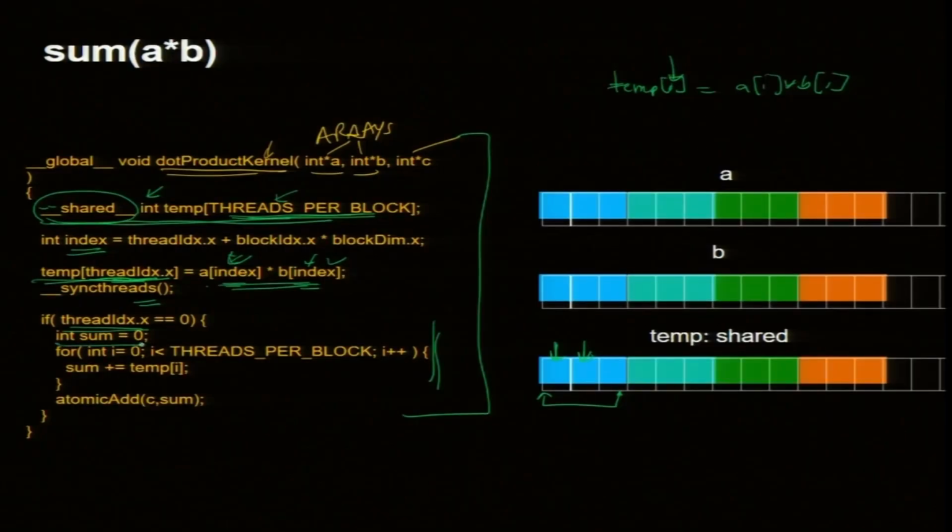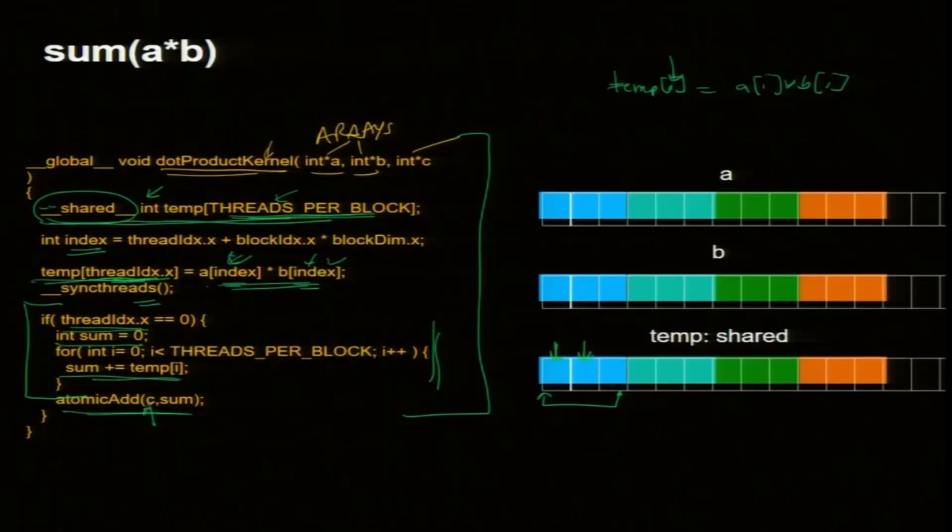So, what will they do? Sum equal to 0 is a temp variable, then I am going to go over all the elements of temp and sum them up. But the work is not done here, this sum is a local sum. Now, it has to be added to get a global sum. So, atomic add C, sum. Each of these 4 thread zeros are told that you have to sum it up and add this to C. So, after this C will be the answer.